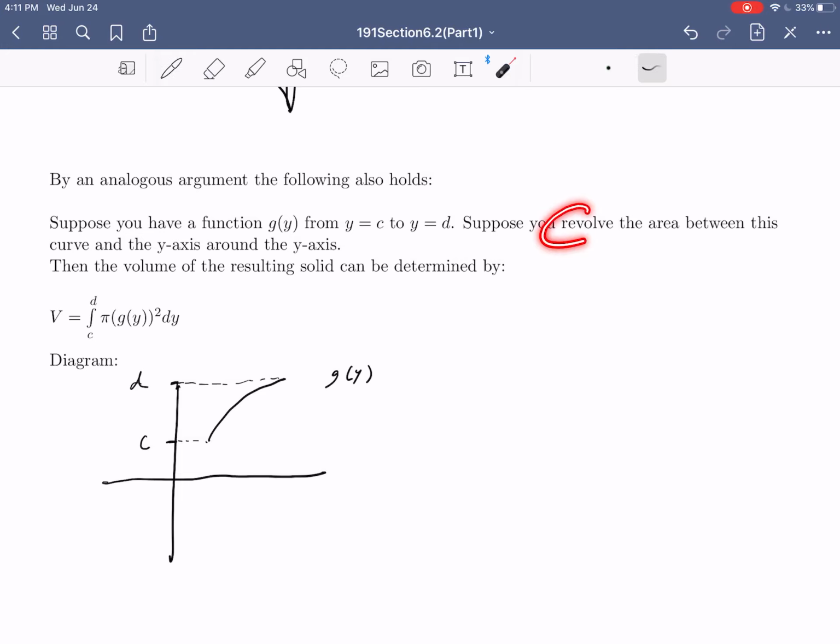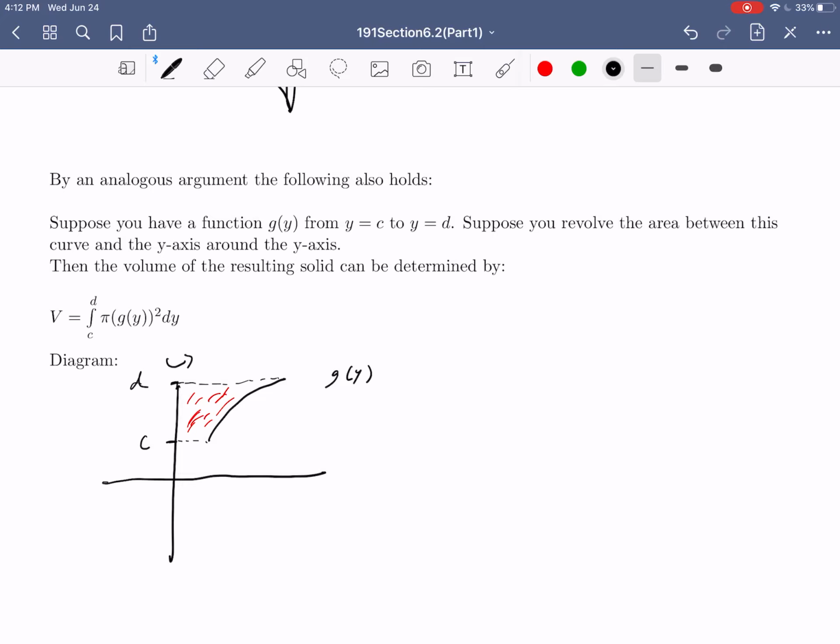If we revolve the area between this curve and the y-axis, so taking this stuff in here, and revolve that around the y-axis, not around the x-axis, but actually around that y-axis,